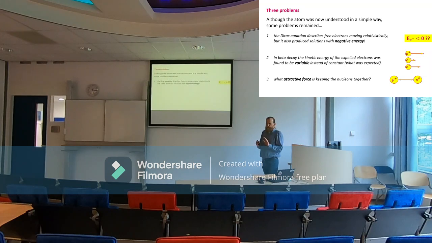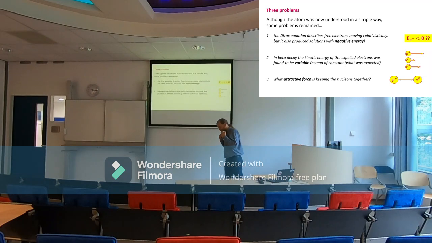I mean, energy has to be zero or positive, but not negative. So that's really weird. You can ignore it, of course, but out comes this solution, so you have to do something with it. The second problem was that if you look at radioactive decay, beta decay it's called, where